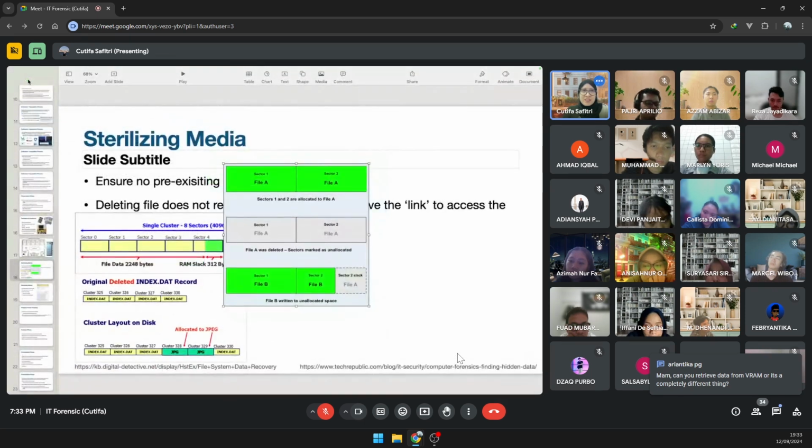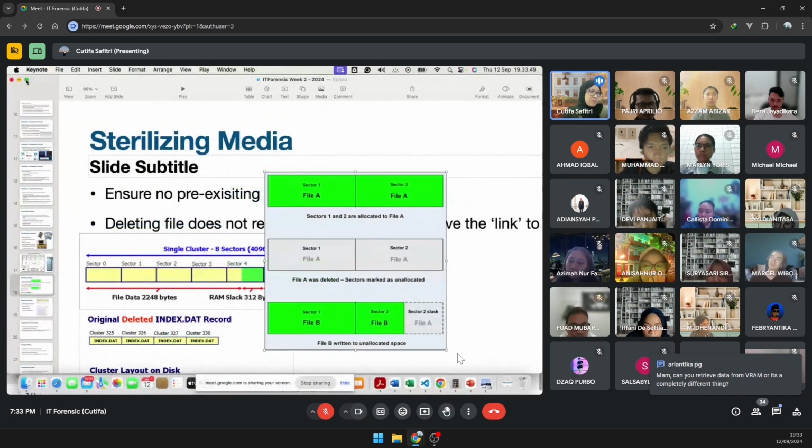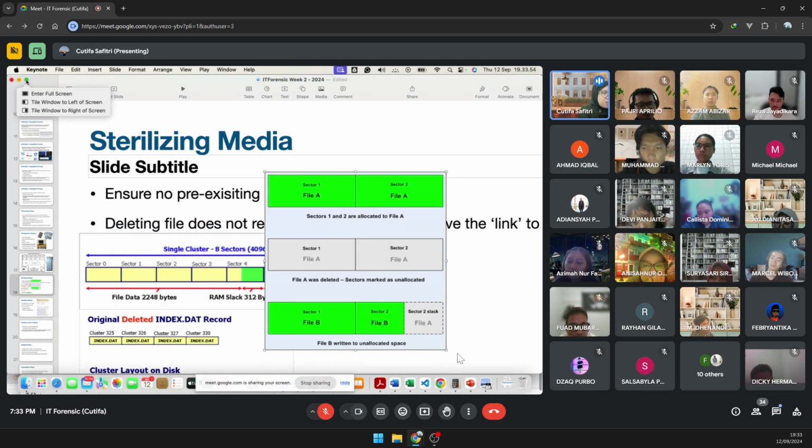Thank you for the questions. Ma'am, can you retrieve data from VRAM, or is it a completely different thing, because it is lagging? It is hard to retrieve data from the RAM, especially if some time has passed, because as you know, RAM is very dynamic.